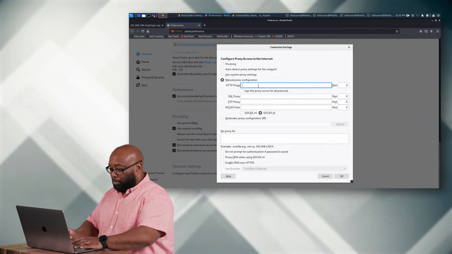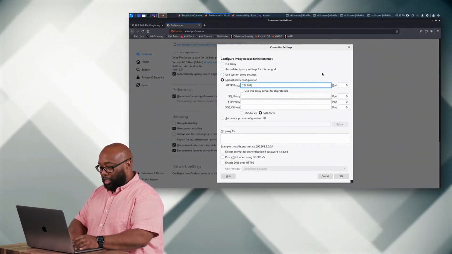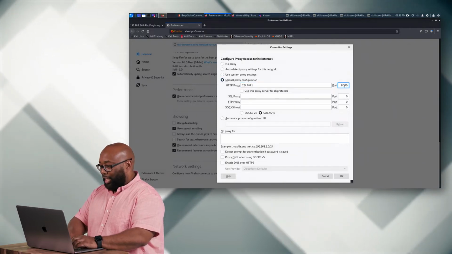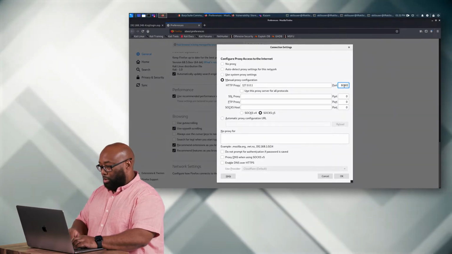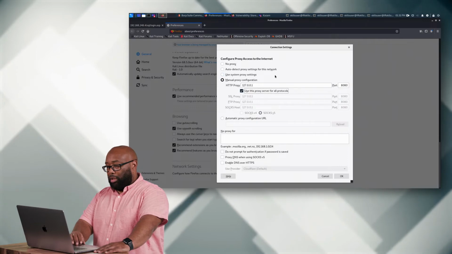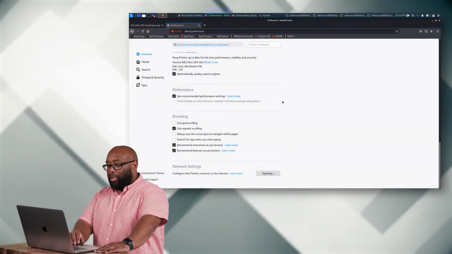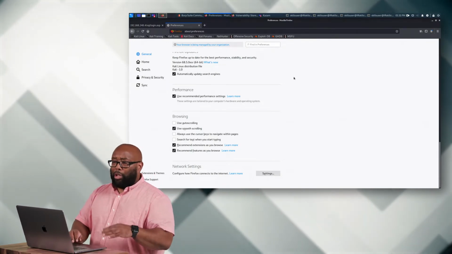And then in here, I'm going to put the same thing that I put into Burp, 127.0.0.1, which is your loopback. And then the port I'm going to set is 8080. Again, making it match exactly what's in Burp. All right, so when I click OK to that,